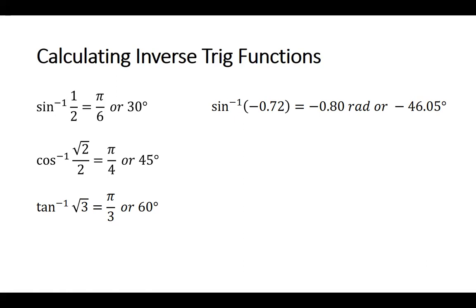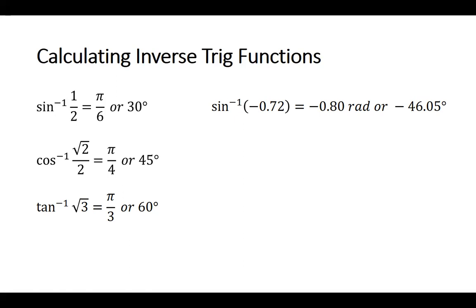So not only would this work as, and I'm going to put it in degrees because it's easier to work that way, not only could I rewrite the inverse sine of negative 0.72 as negative 46.05 degrees or as 313.95 degrees,